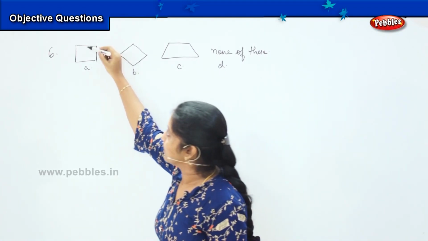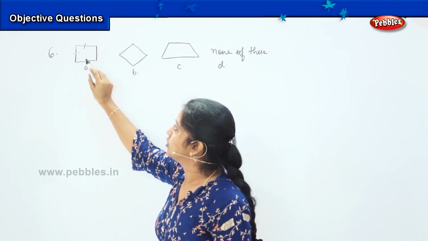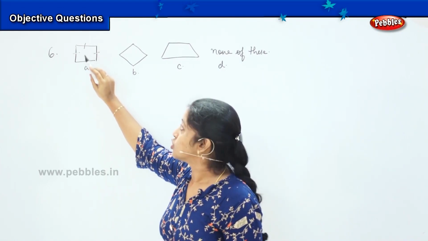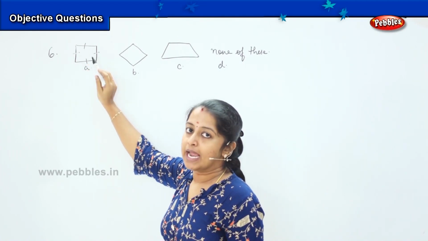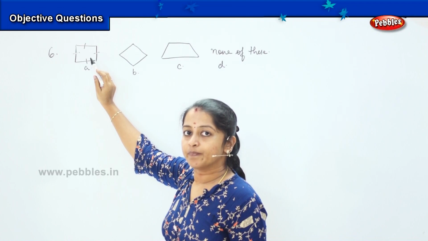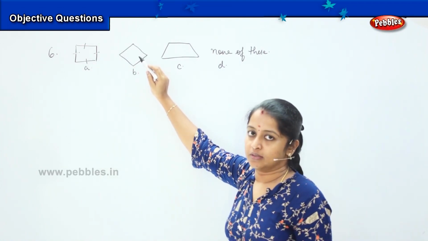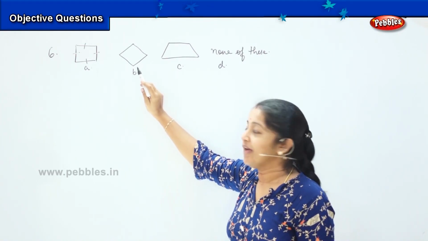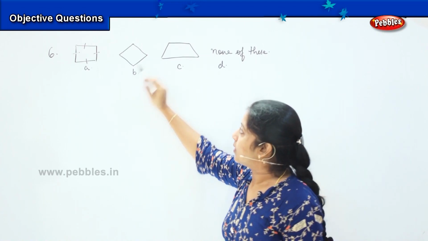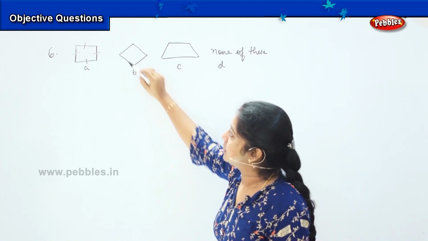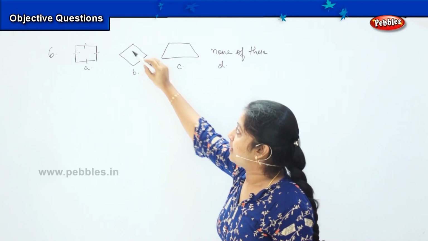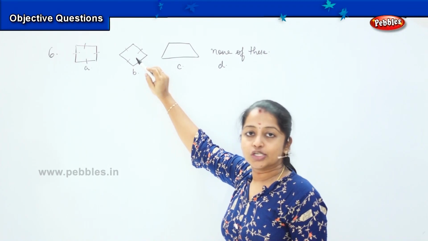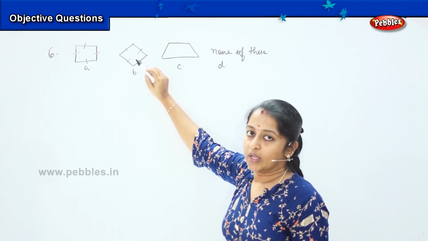So coming to picture A, 1, 2, 3 and 4. Are the sides equal here? Yes. All the 4 sides are equal and it is one of the features of the square. What about this? Now children, this will look like a diamond, but we have to see whether all the 4 sides are equal. If you see in this manner, though it is a diamond, here also the 4 sides are equal, and a diamond is also one kind of square.